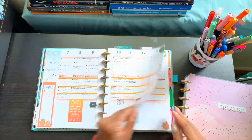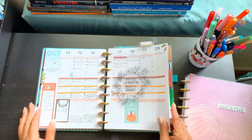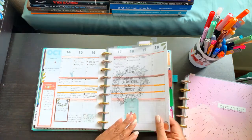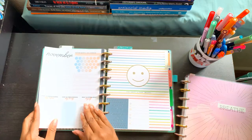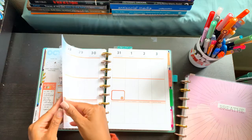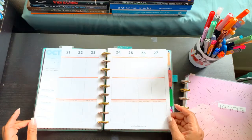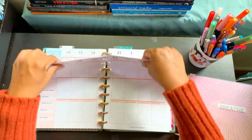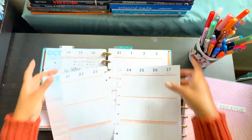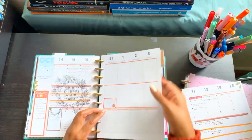For the monthly, I'm gonna keep using the pre-printed planner for the health tracking. Where are we? We're gonna be planning this week here, the 21st. So let me take these pages out so that I can decorate those. But the